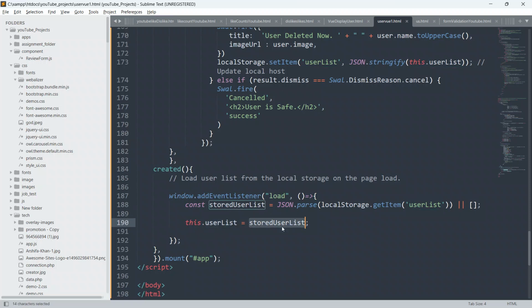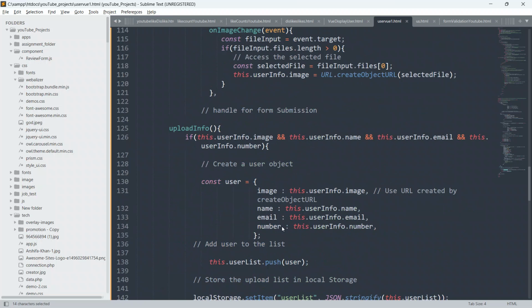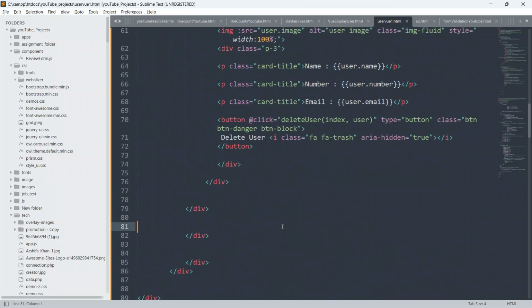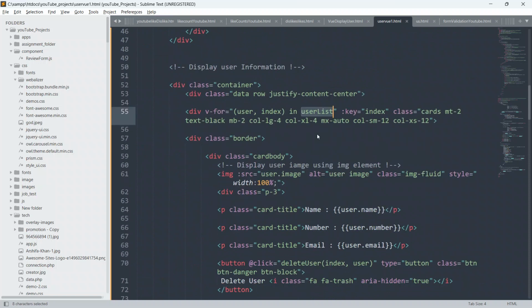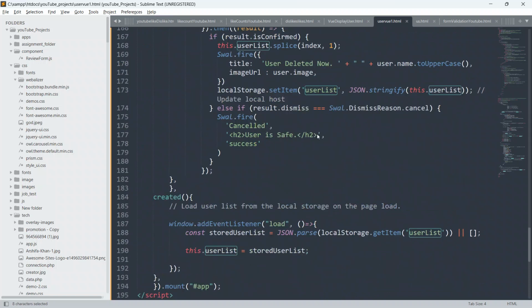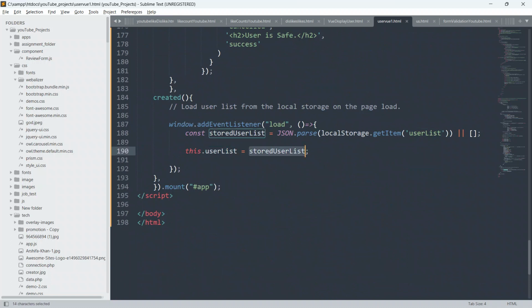If something is already in the local storage, we will be able to show it to the UI, because we are just replacing this user list with this stored user list when the page loads.